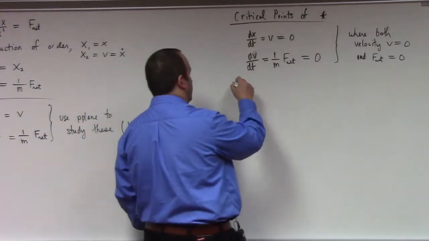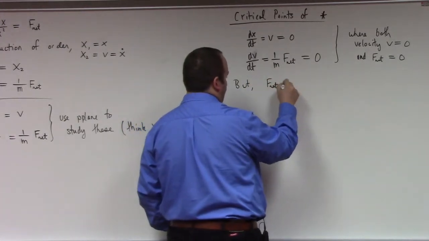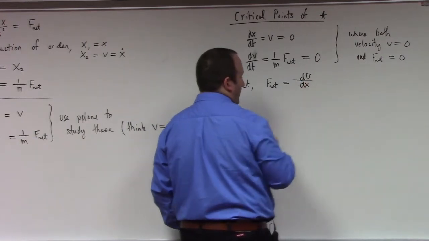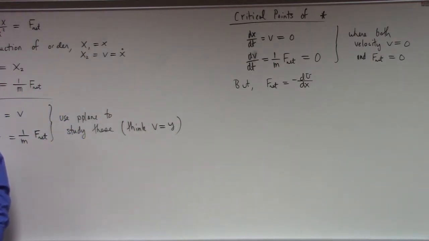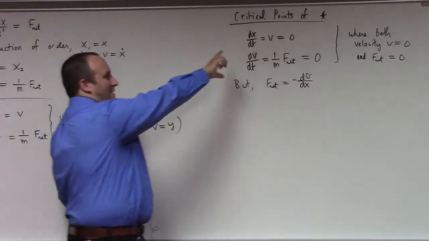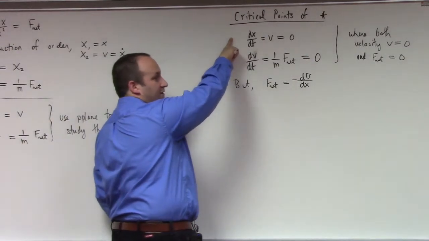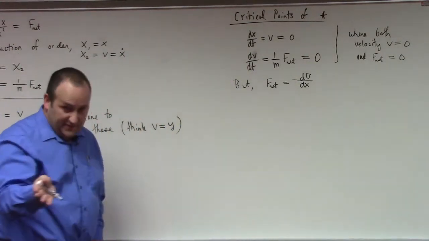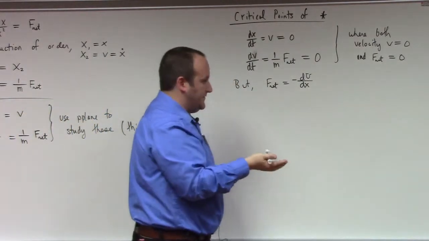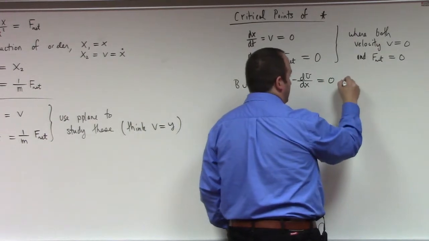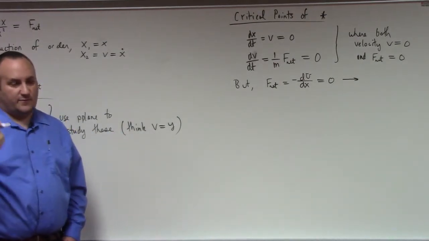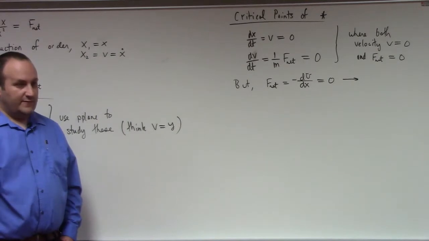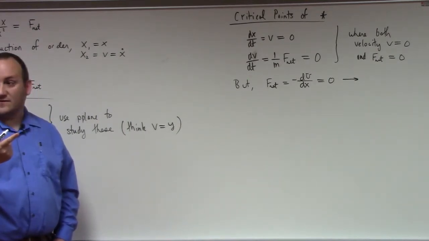Now, the net force is minus dU/dx, if it's conservative. Again, go back to the conservative case here. I know I'm trying to have my cake and eat it too here, and that's bad, but this comment does not assume conservative yet, does it? No. These will be the critical points even for non-conservative systems. If it's conservative, then the force is the minus derivative of potential energy, and so that being 0 means the derivative of the potential energy is 0. So if we have a conservative system, a critical point is a place where both the velocity is 0 and we have an ordinary critical point for the potential energy function in the sense of calculus 1,